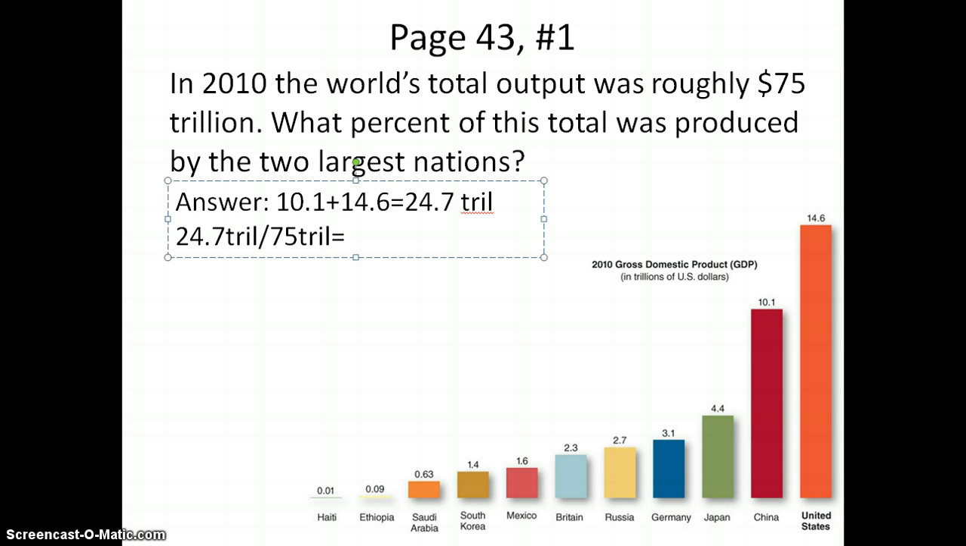Okay? So 24.7 trillion divided by 75 trillion comes to 0.3293, or, since this asks for a percent, 32.93%. Now most of the places in Canvas I've included instructions about how to round, so be sure to follow